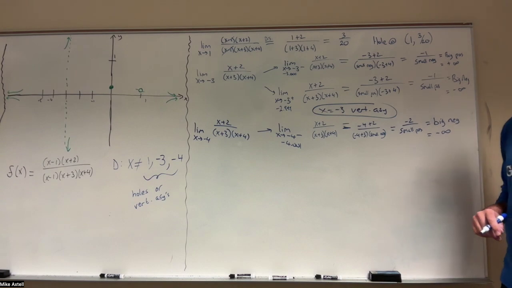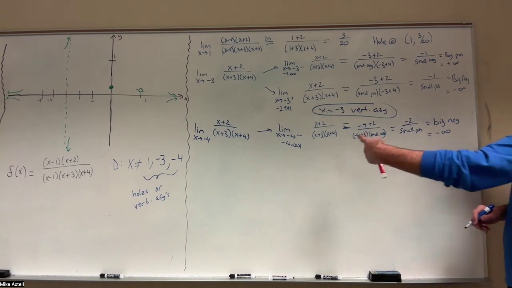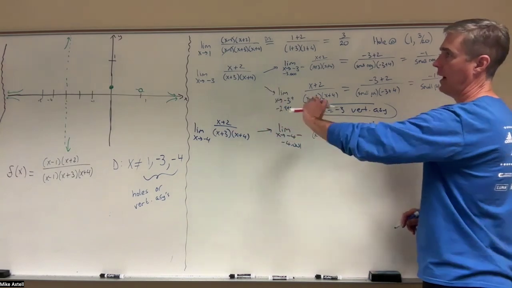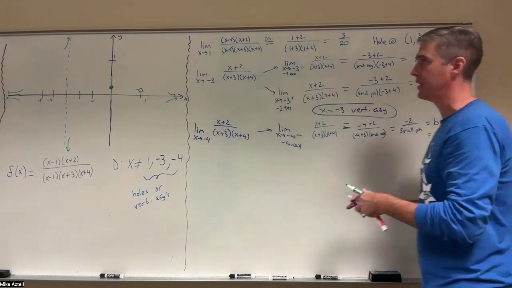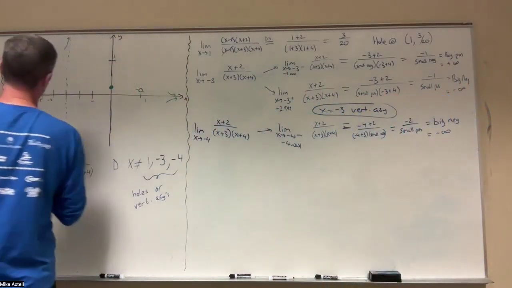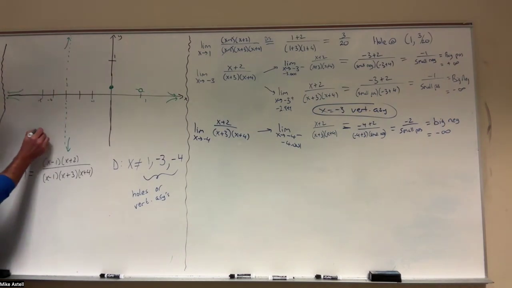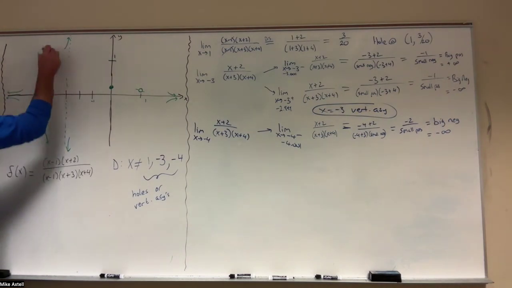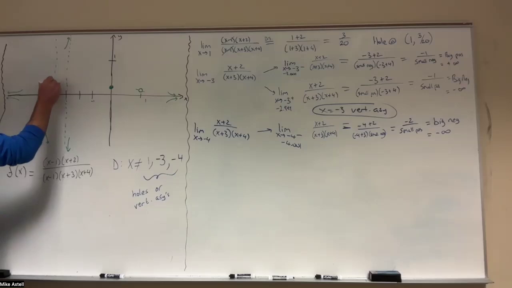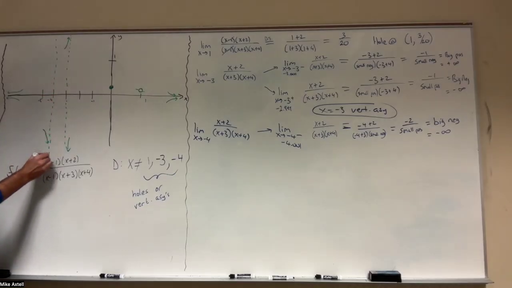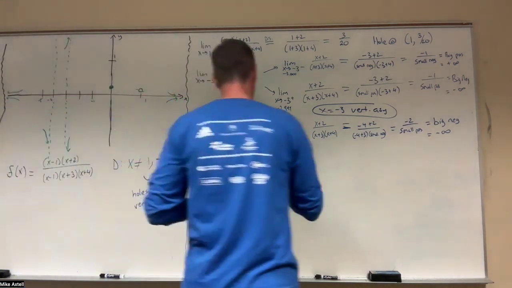Okay. All right, so as I come up on -4 from the left, my y values are diving down. So approaching -4 from the left, my y values are heading down. So it's feeling like I'm going to have a vertical asymptote at -4 as well, diving down from the left. All right, from the right,